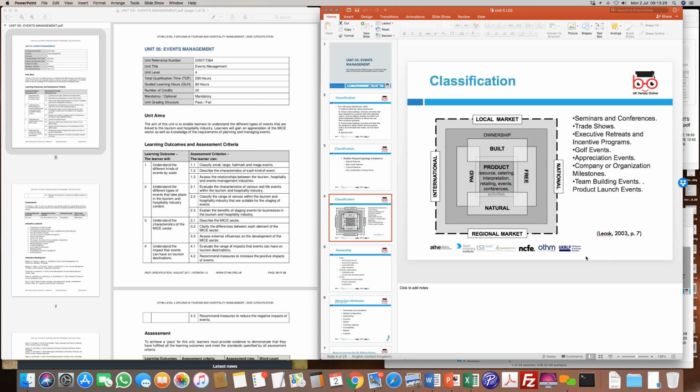So product means that you're going to attend an event for a family function. You could go and attend an event for a product launch. You could go and attend an event for, say, a corporate dinner. You could have events which could be cultural, which could be religious, and that tends to be the product. So here, the event is being classified as a product, and because the events can be of different types, they can be paid and free, they can be man-made, they can be natural events which you go and visit.